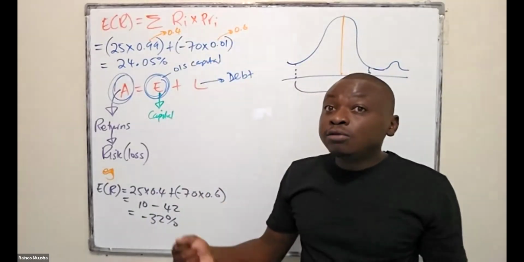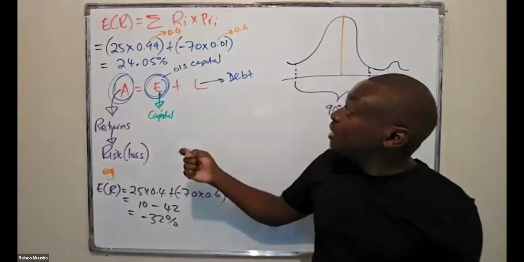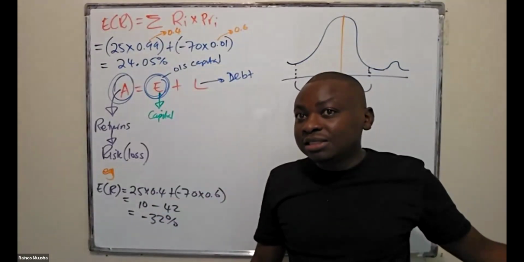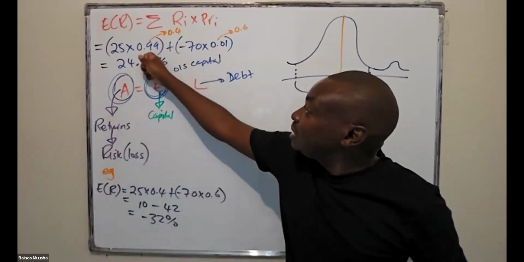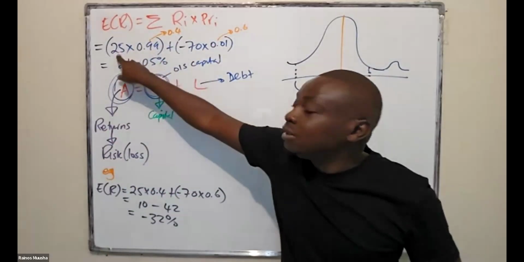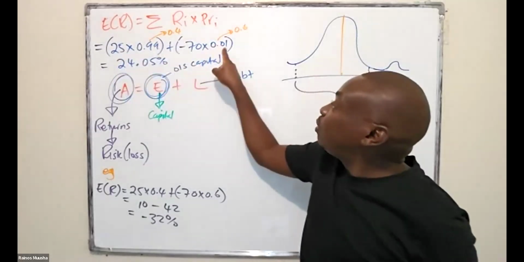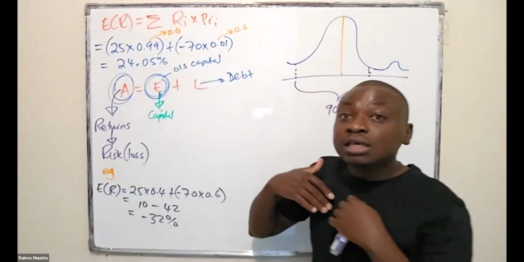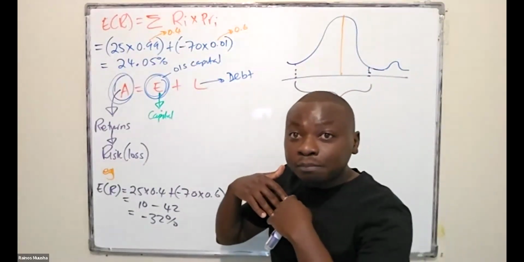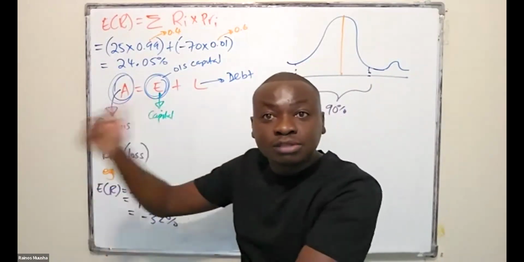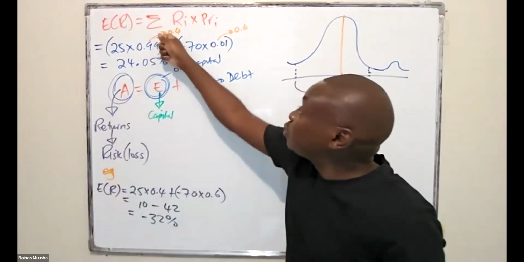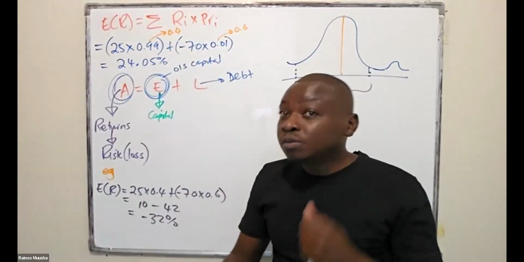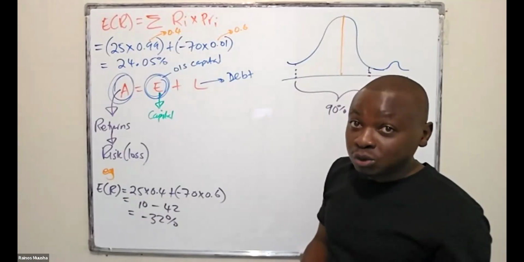For example, if you use 1 year of data, because you're using the most recent event that has happened, you might find that the 1 year data is giving you this 99% probability of 25% return and only 1% probability of 70% return. But if you use more historical data, like maybe over 15 years or over 20 years, that's when probabilities might end up changing. So it could be due to the historical data that is being used.